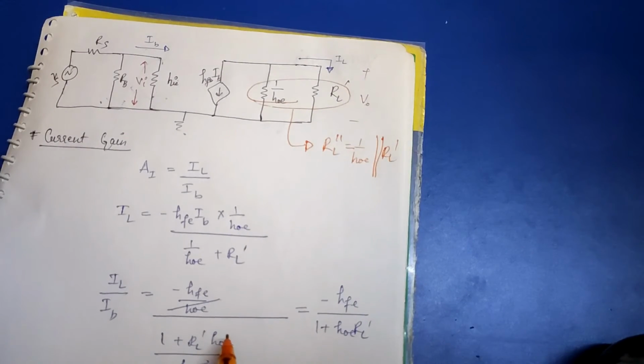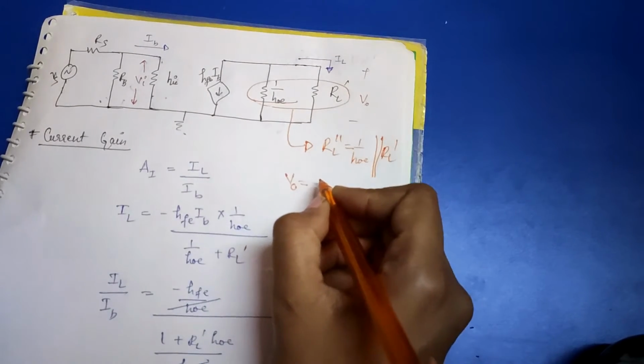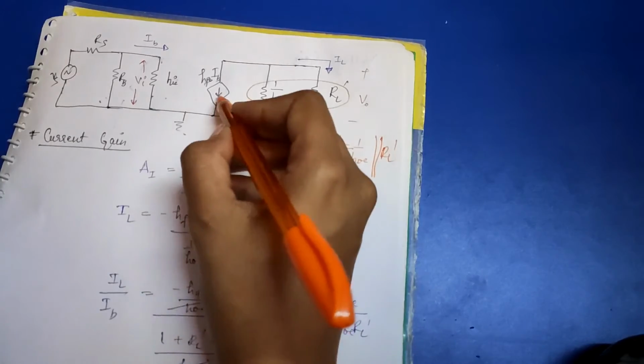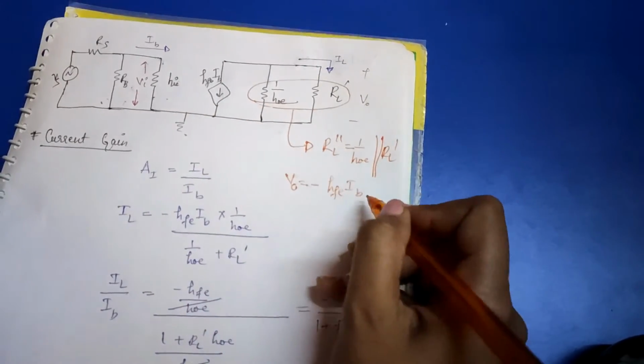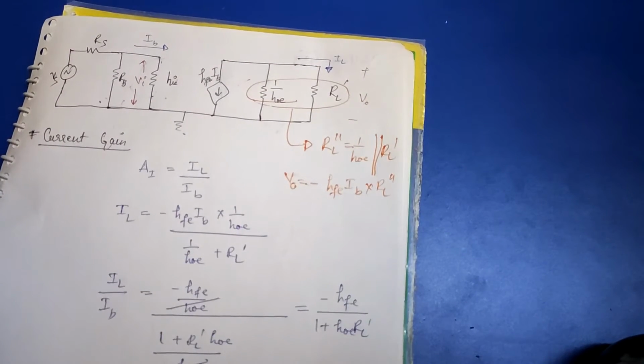Okay, so from here, the output voltage is given by minus HFE into my IB, this into my RL double dash, right? Because we have just taken the equivalent circuit here. Okay, so this is our output voltage,